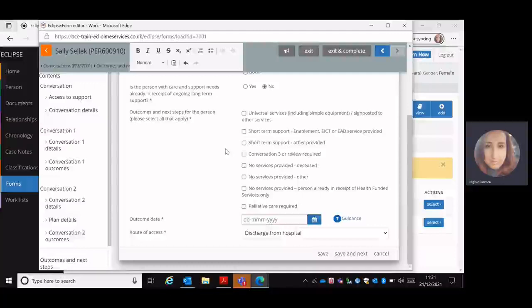The options that you have are universal services, short-term support, enablement, EICT or EAB service provided, short-term support other provided, conversation 3 or review required, no services provided deceased, no services provided other, no services provided person already in receipt of health funded services only, or palliative care required. Obviously, for hospitals, you'll probably be using this quite a bit. But for today's training session, I am going to click on conversation 3